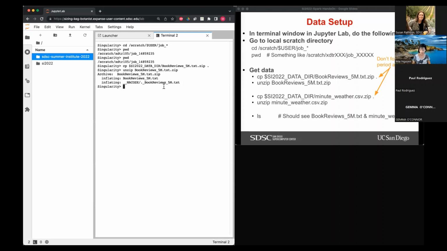Then you do the same thing on this other file, which we're going to be using for the cluster analysis, minute weather.csv.zip, and then unzip that as well.